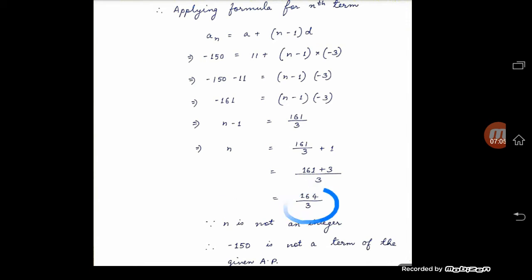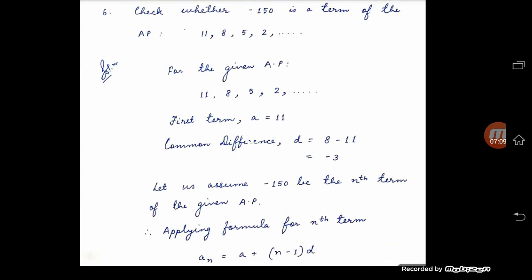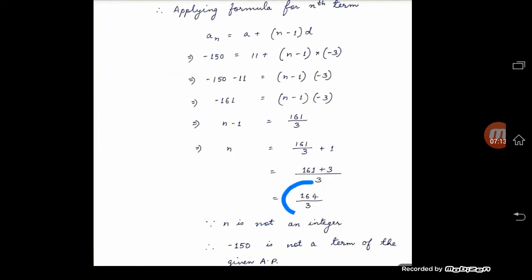This is not an integer. If any term has to be in an AP, we will get n as a whole number. Like if we had got n is equal to 100, 200, 60, 80, only then this an would have been the term of this AP. But here we have got it is